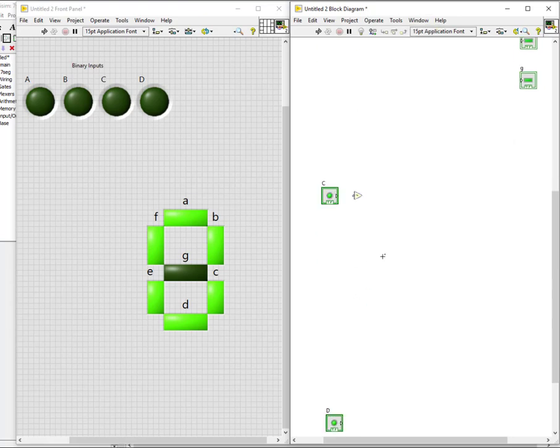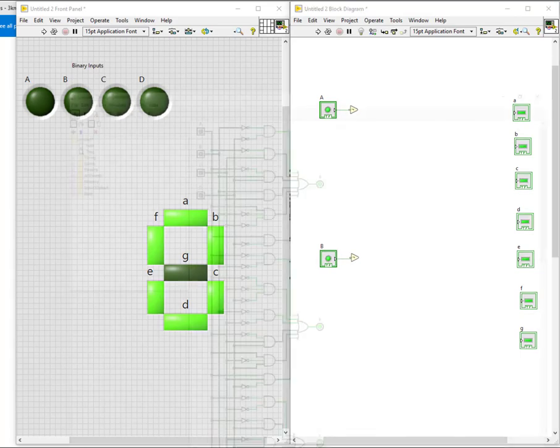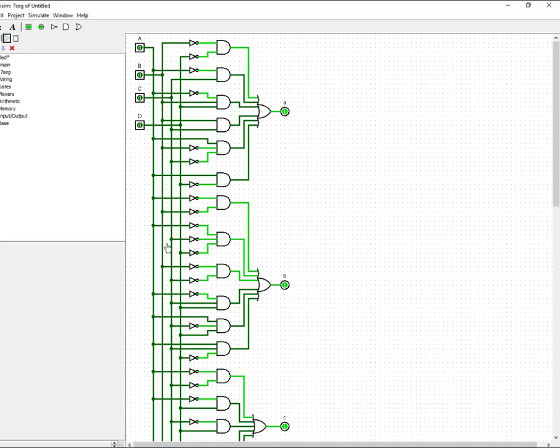I just connect them because this will give me the negation of every input. This will help you in making your circuit minimized, because every time there is a negate, I have to draw many lines like this, like 1, 2, 3, 4.